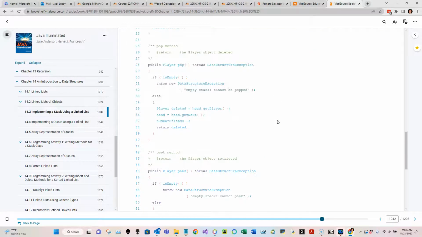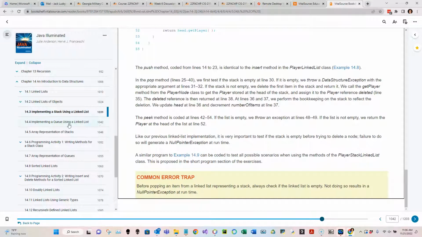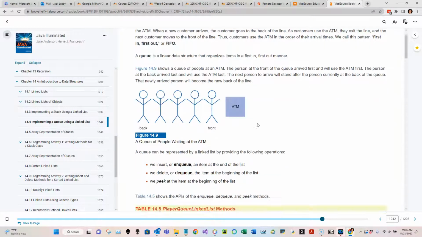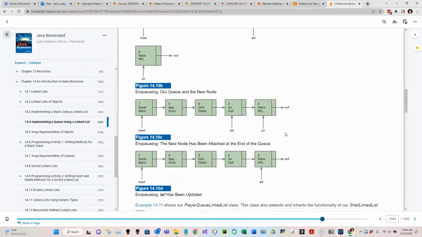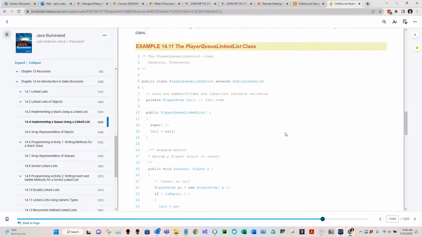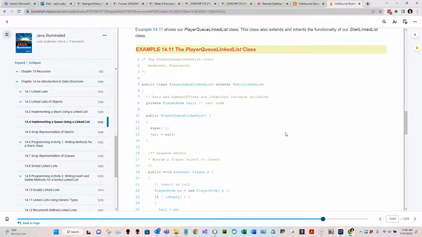Player stack linked list. No. They want us to look at, here it is, the player queue linked list. Now, what in the heck is the difference between a player linked list and a player queue linked list? So, again, once you take a data structures and algorithms course, you're going to see that there's